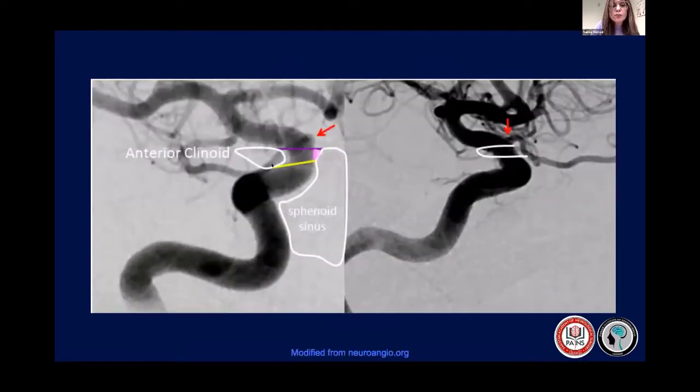It goes from here to the medial ICA wall, and this part is the distal dural ring. It's below, just 1 millimeter, and it arises from the roof of the anterior clinoid process, and it goes again to the medial ICA. So between the purple and the yellow is the segment which is called the clinoid segment,